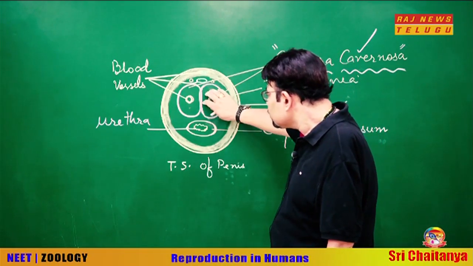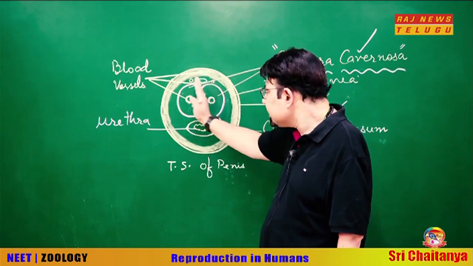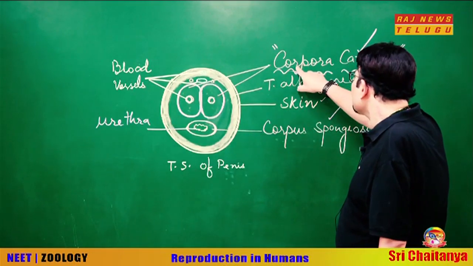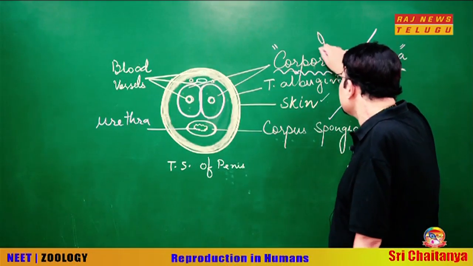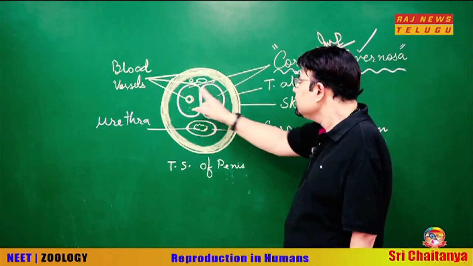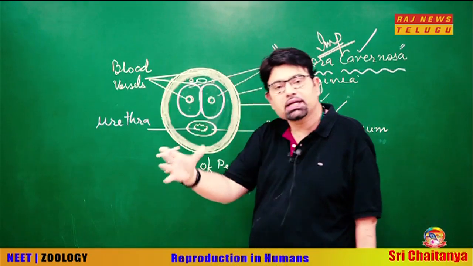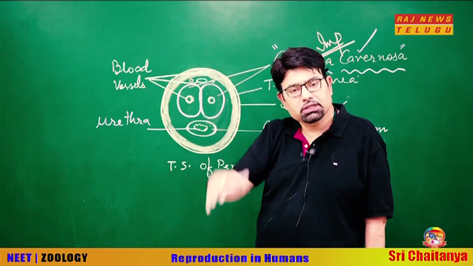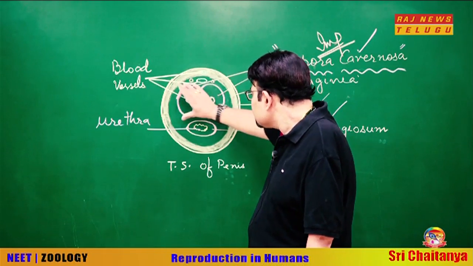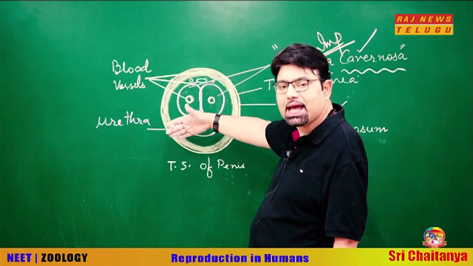Now, these are the two erectile rods, the main erectile tissue inside the penis, and they are called corpora cavernosa. They are two in number. When their arteries expand, blood is engorged in the vessels, in the spaces, and hence these two cylinders erect, making the penis stand erect.